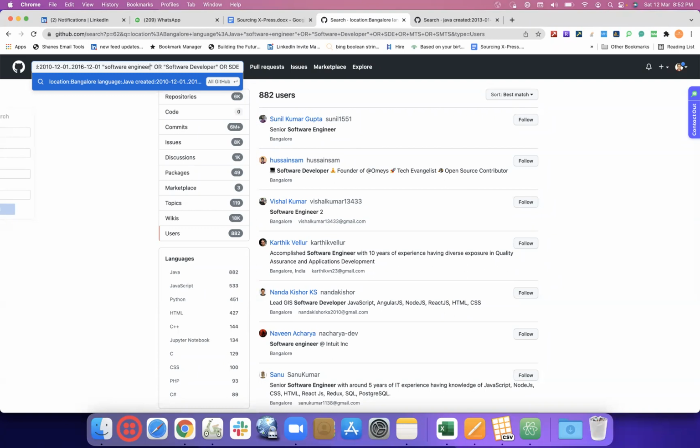Okay. Then software engineer or software developer or SDE or SMTS. We use a couple of keywords at the last. That's the reason: operator-driven keywords which need an operator we are using in the beginning, and normal keywords which do not need any operators we are using over here.